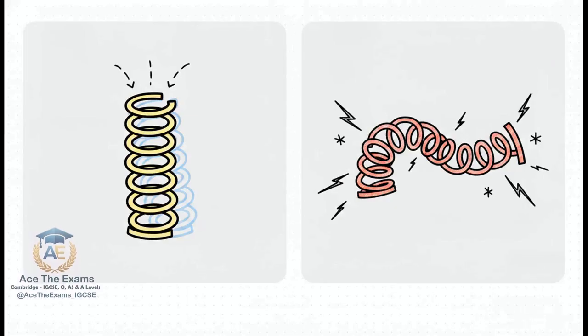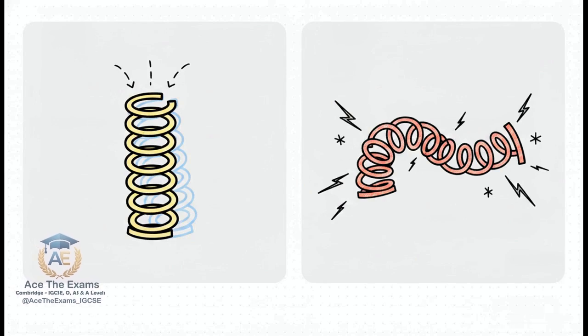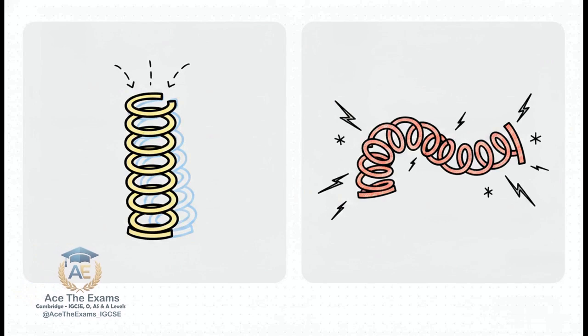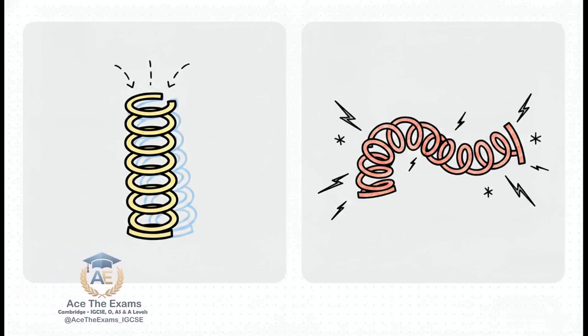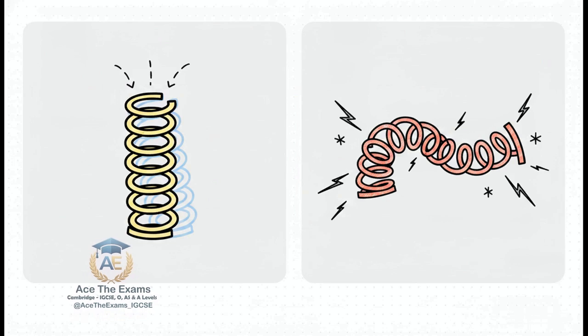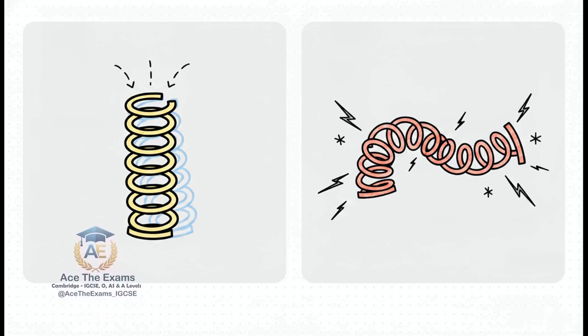So, what happens if we do push it too far? If we stretch that spring past its elastic limit, which is usually just a tiny bit beyond point A, we completely shift gears. We go from elastic deformation, where the spring snaps right back to its original length, straight into plastic deformation. Plastic deformation means the change is totally permanent. If you've ever yanked a coiled spring so hard that it just stayed stretched out and ruined forever, yep, you